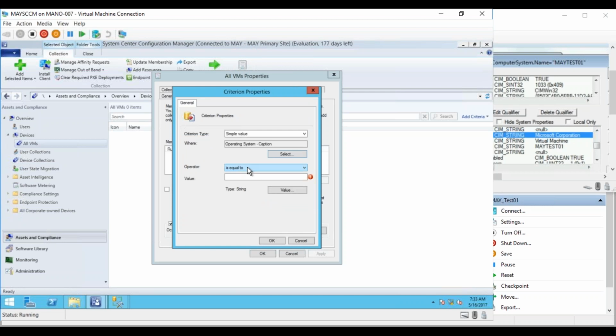So is equal to, if I want, I can directly give the value if I know. Say suppose if I don't know it, I'll say is like percentage Windows 7 percentage. If I'm not sure how it will look like, I can even give like this, is like percentage Windows 7 percentage. Or if I know for exact, I'll say is equal to,